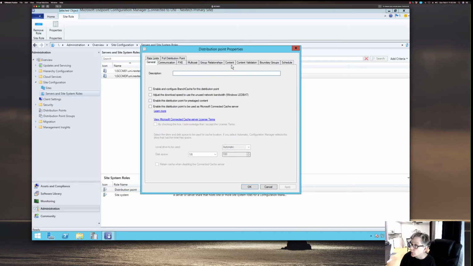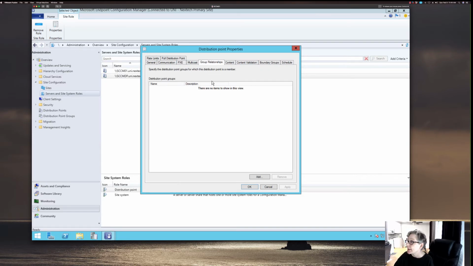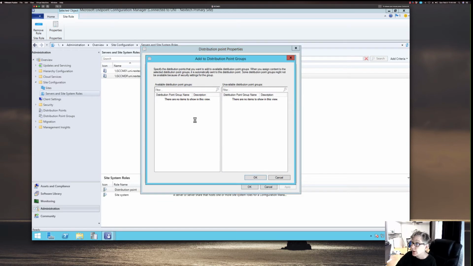Waiting for it to come up. So here we go. You can come back in here and enable PXE later on. Here's the group relationship. Right now, this distribution point is not a member of any group, so it's just a standalone DP. But if I wanted this to be a part of a group that those packages have been targeted to, then I can add it here. And anytime I add a new DP and put it in this group,